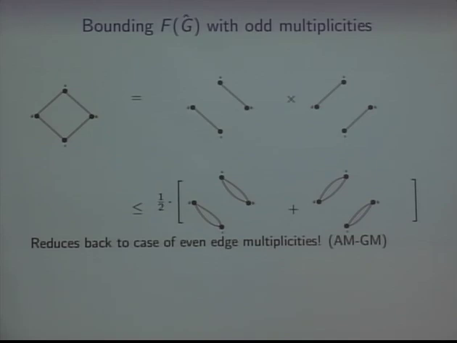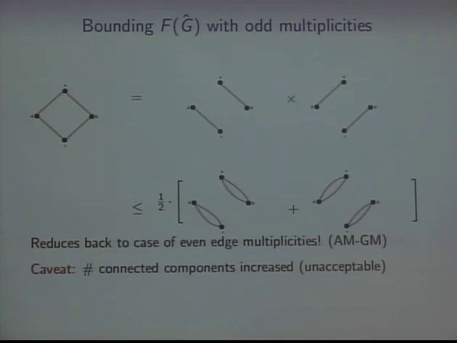So I've reduced back to the case I can handle. I said that there is a proof, which I'm not going to show you, that handles the case when G hat has all even edge multiplicities. So I've reduced to that case. But there's a problem here. The problem is that I increased the number of connected components. Imagine that I have an L cycle and not a 4 cycle. I moved from one connected component, namely an L cycle, to having, no matter how you partition edges in an L cycle, if you do this AMGM trick, one of these things is going to have at least L over 2 connected components. And then you're just totally hosed.